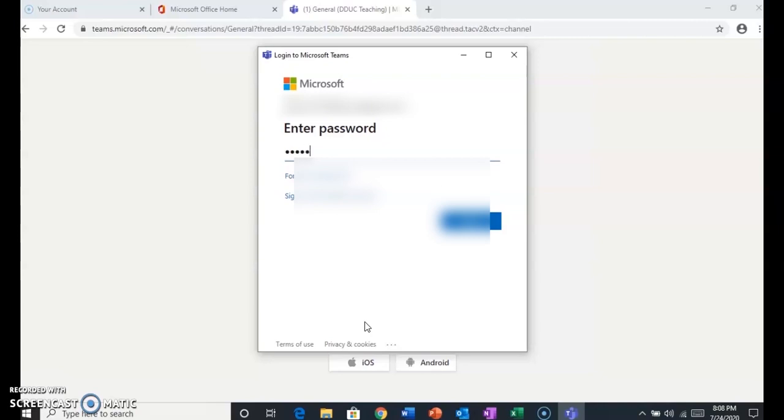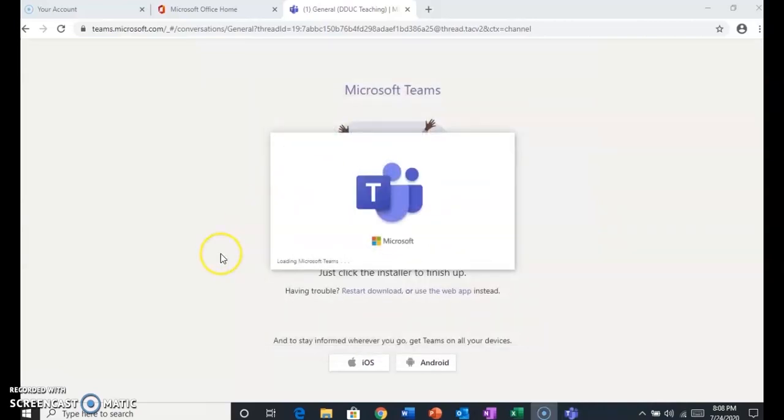Remember, the changed password has to be entered. Again, skip for now. Now it has started loading Microsoft Teams.